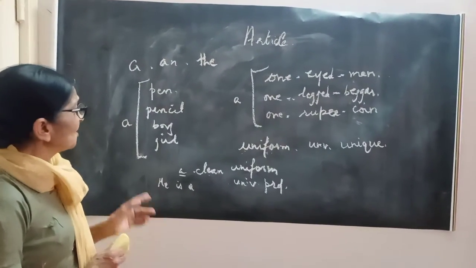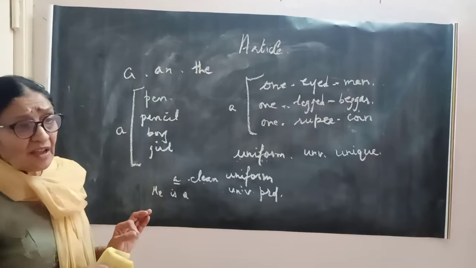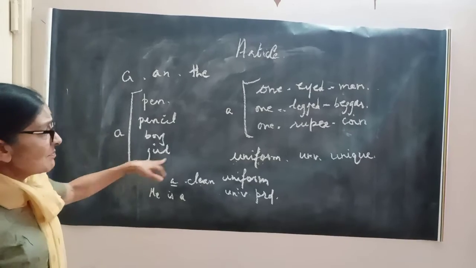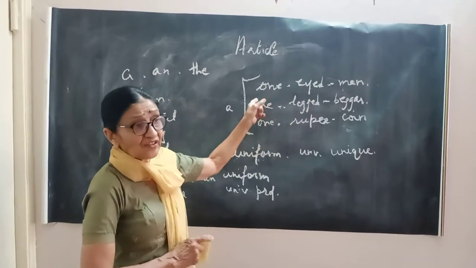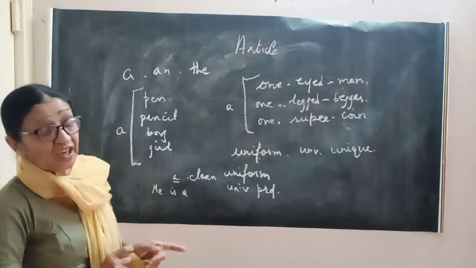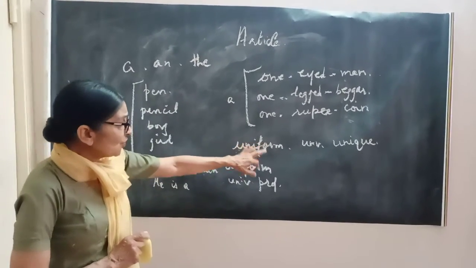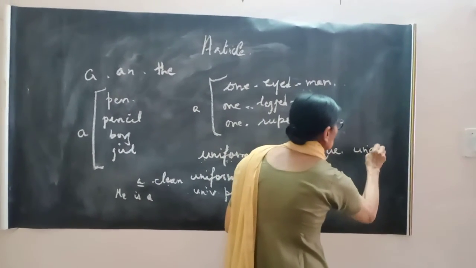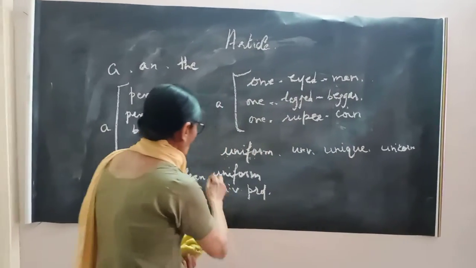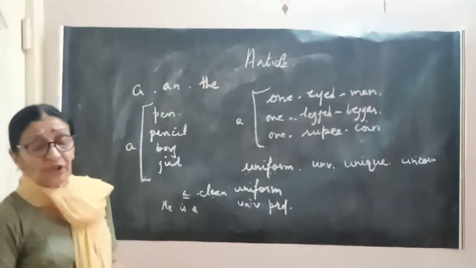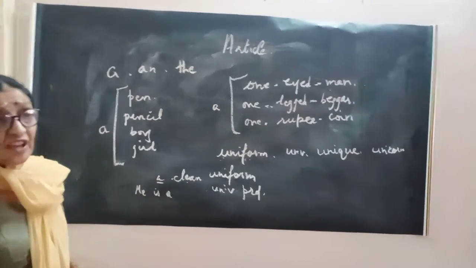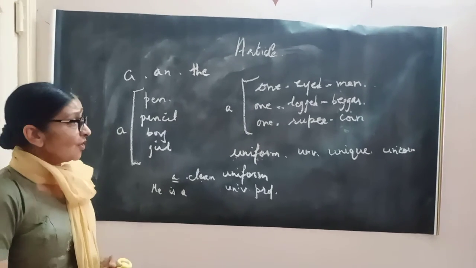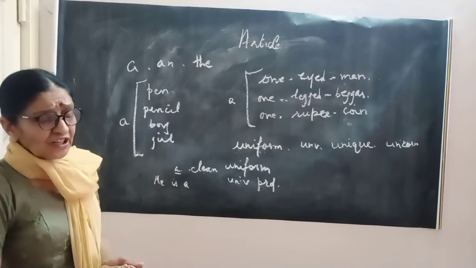So according to me, these are the words where we use a. Simple as I can tell you. So if we have a single thing, we will put a, and where there is a hyphen between the words, and the starting word is O, we will simply put a. Extra than that, uniform, university, unique, unicorn, whatever it may be, we put a in front of all, because this is the simple way. I think many of you can understand what I am teaching, and you will understand it so nicely. So just have a look at my lecture.